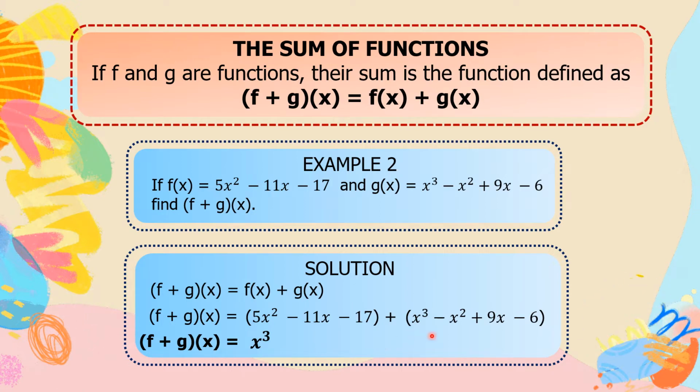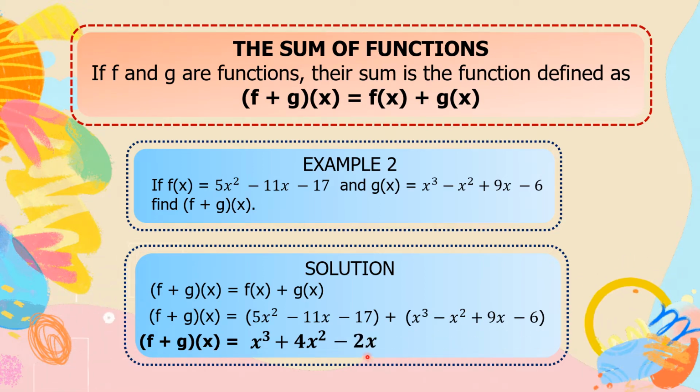Next is the x square. So, as you can see, dalawa ang ating x square. So, let's add 5x square plus negative x square. The answer is positive 4x square. Next, we have negative 11x is similar to positive 9x. So, let's add negative 11x plus positive 9x equals